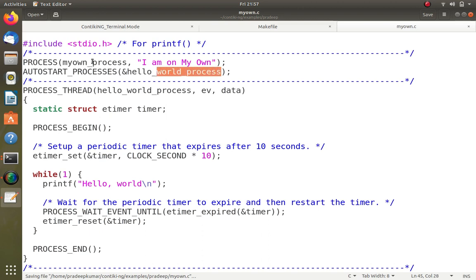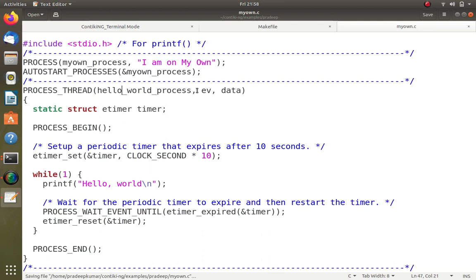Now here, AUTOSTART. What AUTOSTART does is, whenever you switch on the sensor, immediately when you switch on the sensor, we have to make one process run. The operating system has to run a particular process. Usually in most microcontrollers there will be a process called init. Similarly here we need to specify the name of which process has to start. In complex examples there may be more than one process running in the mote, but we specify which process has to start once you boot the mote sensor node. In this case it is called myown_process, as the name says in the previous line. So I just use myown_process.